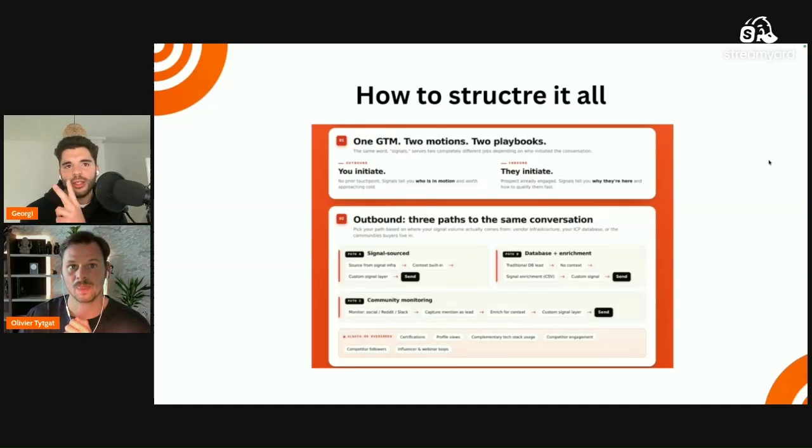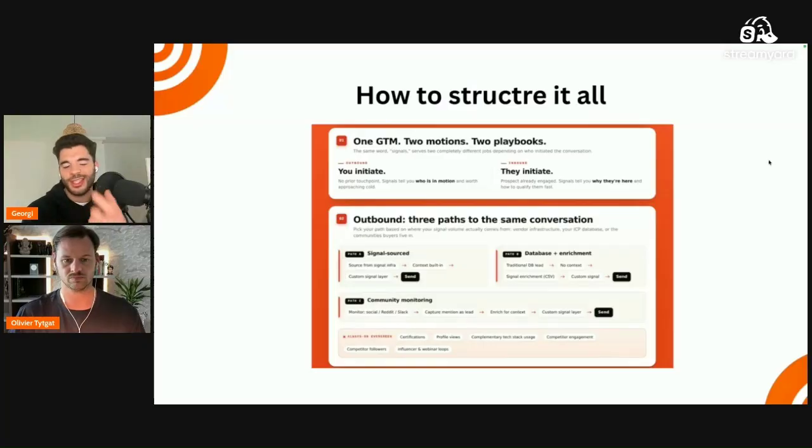And that being said, there are two paths that I came across since starting Signalbase. Number one is signal source, and this is exactly what we do. We are giving you accounts that are already having some kind of signal in place, so you can further build context around that with a custom signal and send a message, which just starts the whole journey, right? This is not going to convert a lot of people, but it increases your probability of conversion. And then the second thing, which I feel like the industry is generally used to right now, is having a traditional database with no context, and then you push it to Clay, you enrich it, you layer the custom signal, and then you send it.